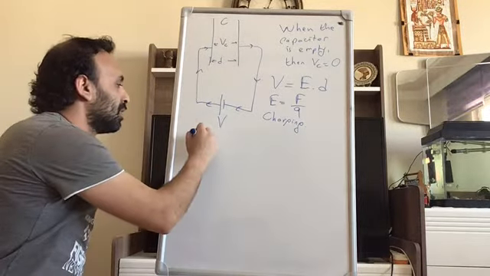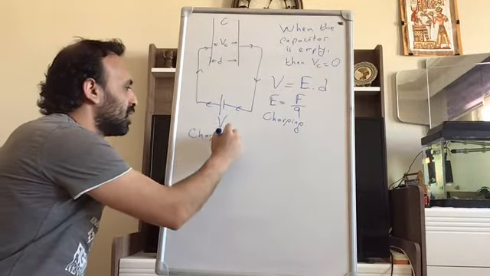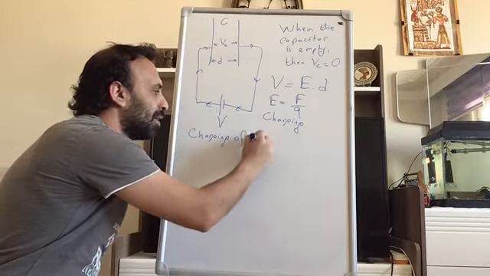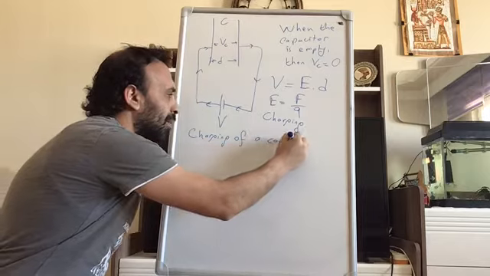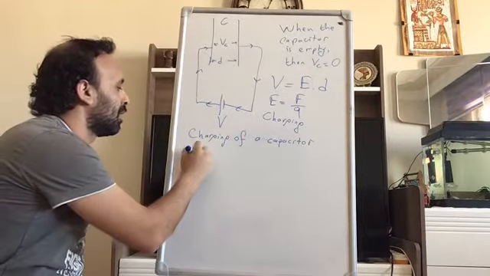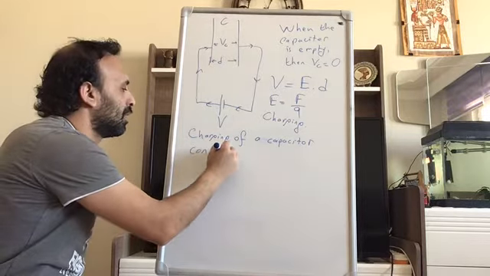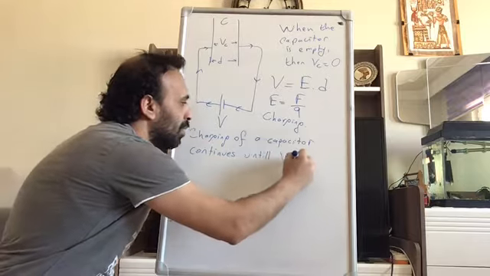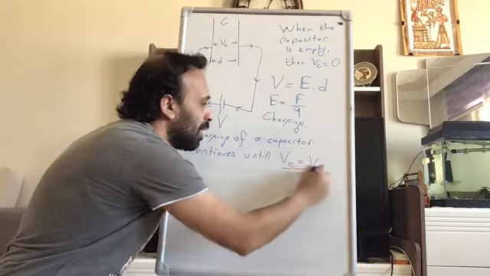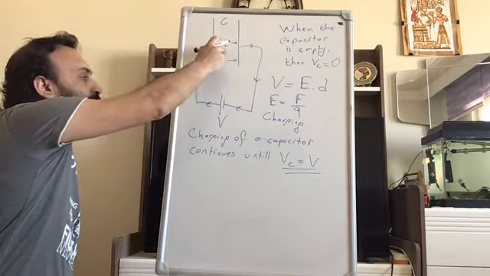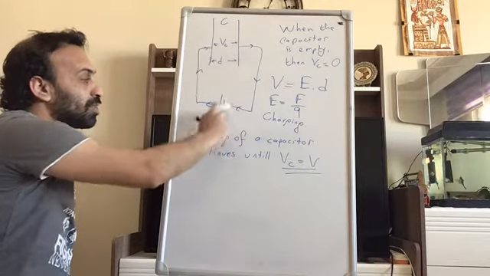So charging of a capacitor continues until we see equal V. So when the electric potential difference between the plates and the electric potential of the power supply are equal to each other,